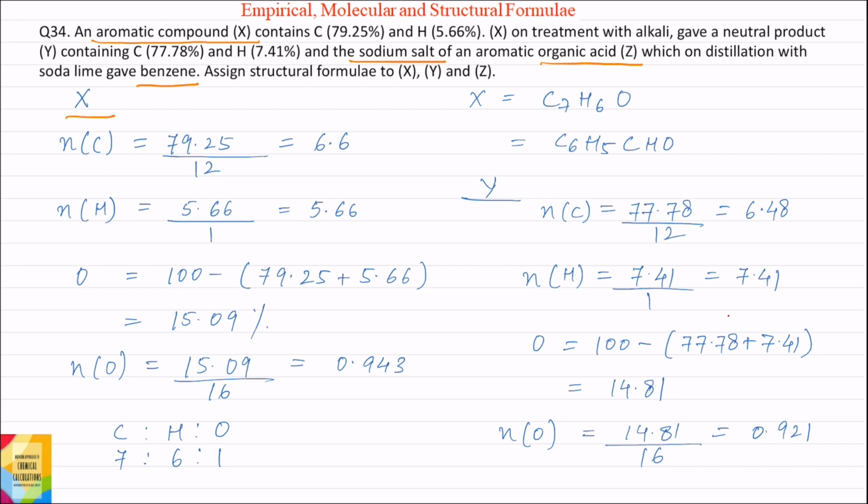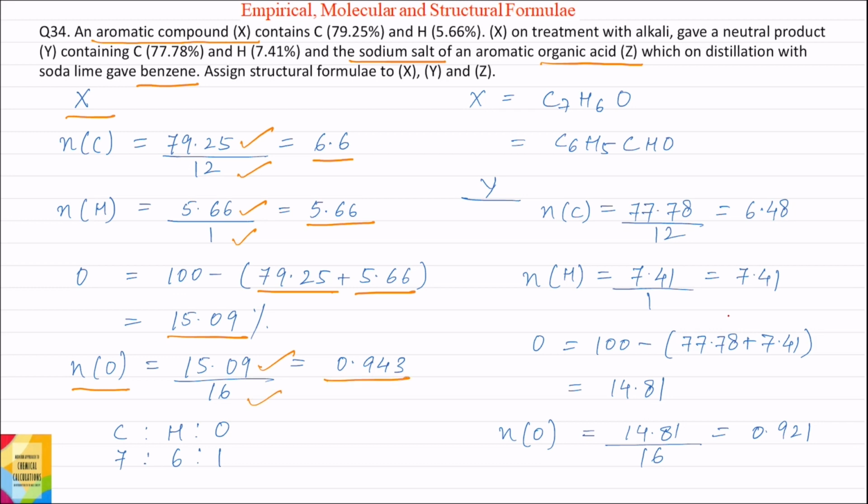Now, moles of carbon in X is equal to percentage of carbon divided by atomic weight of carbon, which is equal to 6.6. Moles of hydrogen is percentage of hydrogen divided by atomic weight of hydrogen, which is equal to 5.66. Percentage of oxygen is equal to 100 minus percentage of carbon plus percentage of hydrogen, which is equal to 15.09%, and therefore moles of oxygen is equal to percentage of oxygen divided by atomic weight of oxygen, which is